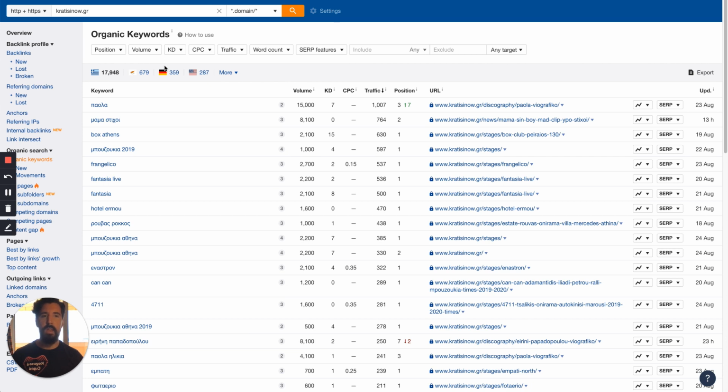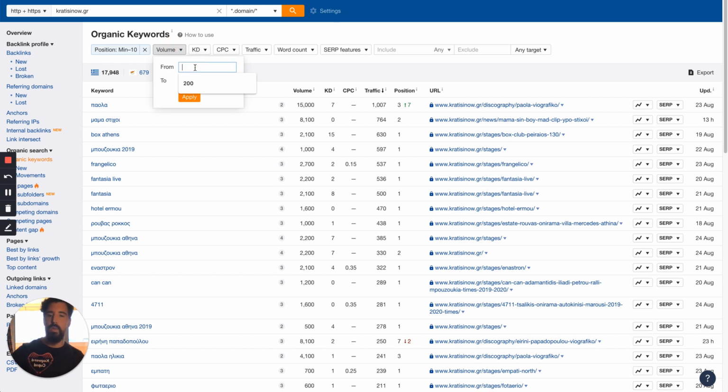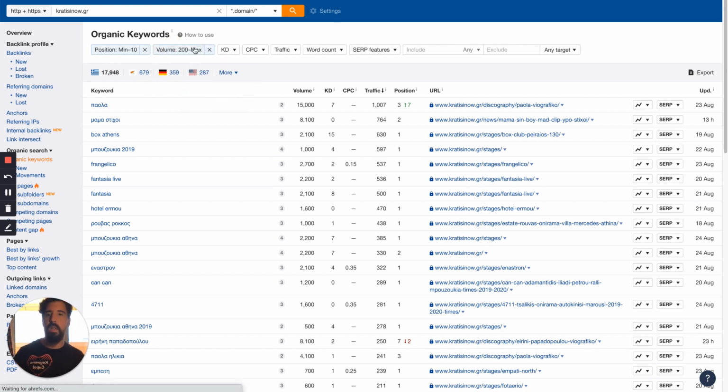It doesn't really make sense to export that big of a list and try to cluster it, because we're not going to be able to do actionable steps in this kind of thing. We chose to find a way to minimize the list and shrink it as much as possible. So we will be putting the top 10 keywords that the site is ranking for that have a volume of 200 plus